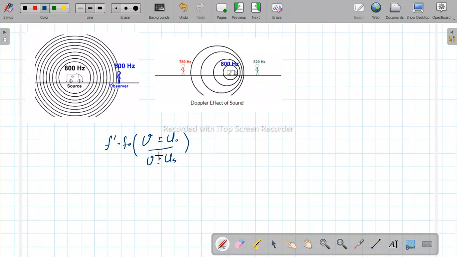This V is the speed of sound. This u naught is the speed of observer and this us is the speed of source. दोनों में से जिसके बारे में स्टेशनरी की इंफॉर्मेशन दी होगी उसकी स्पीड को सिंपली जीरो कर देंगे, राइट? अगर ये आपसे कहते हैं कि source is at rest